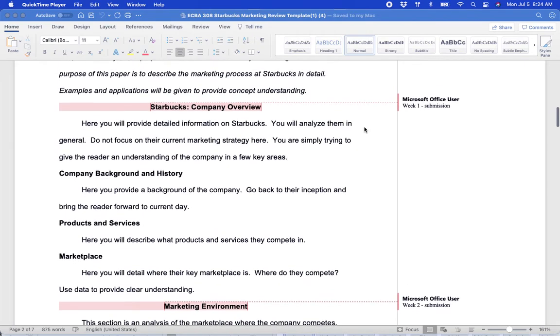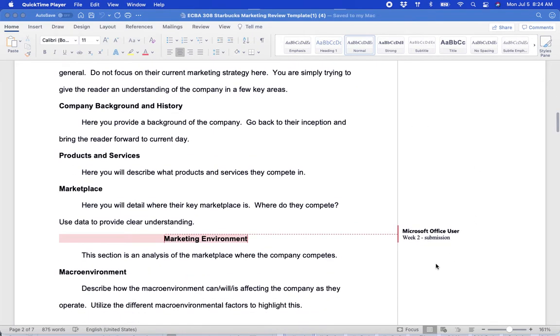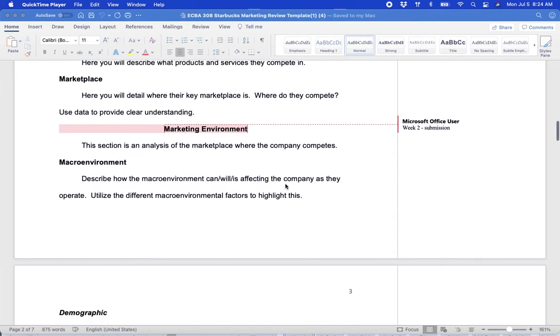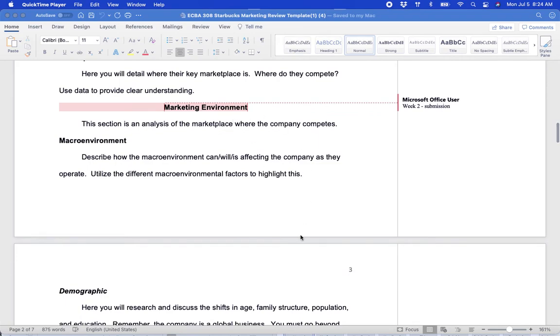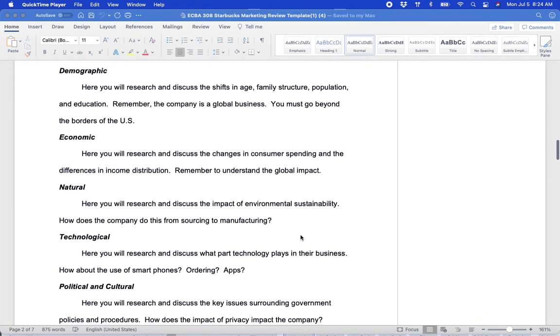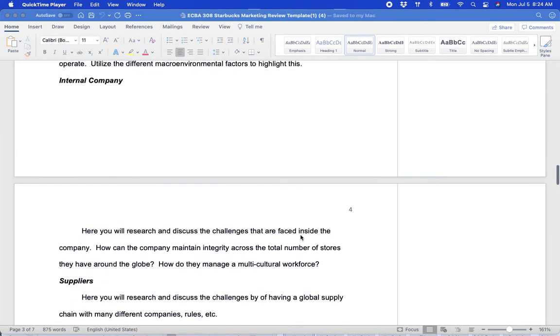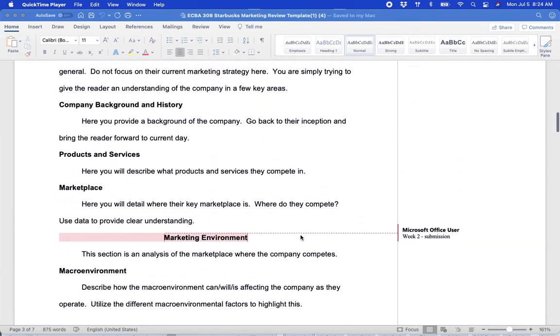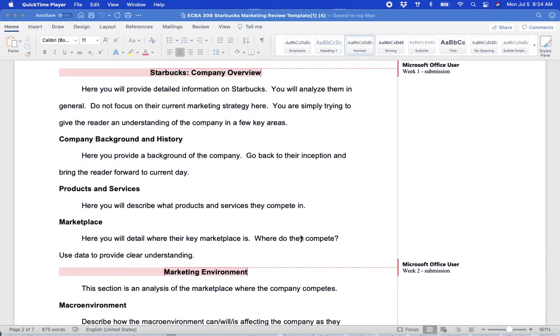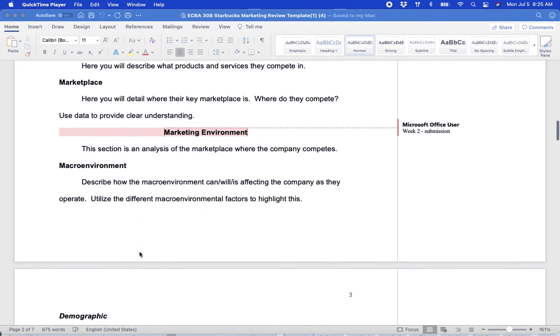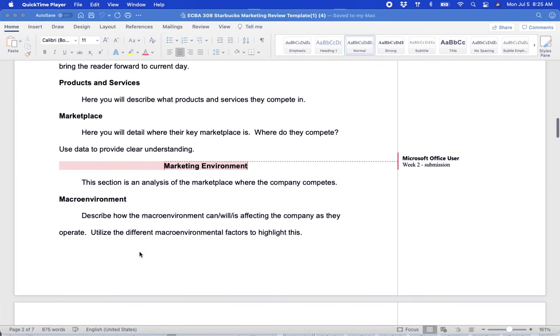So that's week one. Week two, you begin to talk about the marketing environment that is here, and you go on and on and on into the different weeks. So each week, you're going to be adding a section. And guess what? The things that you're going to be adding that week will be based upon the readings that you have in the marketing book. So we're going to be talking here in week two about the marketing environment, the macro environment, the micro environment for